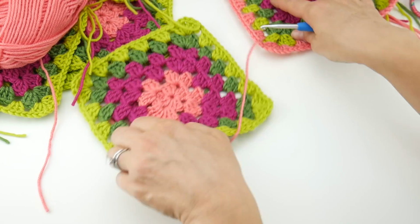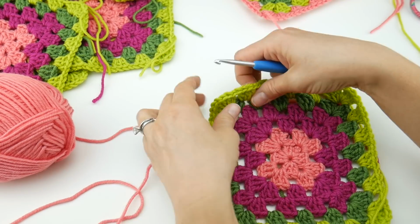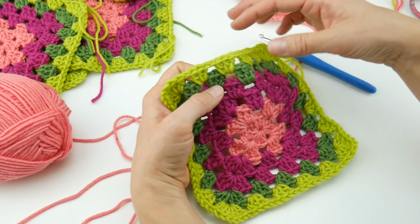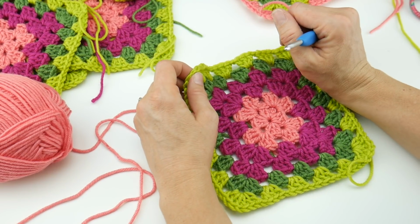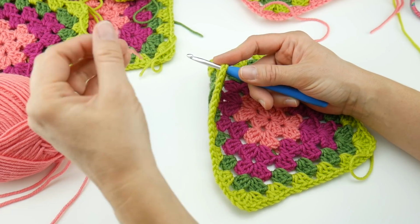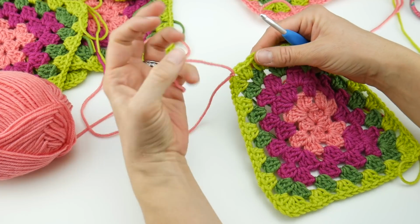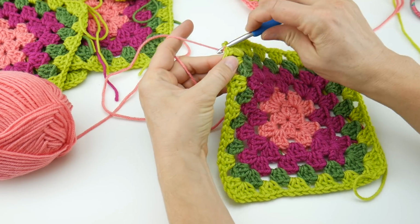Put this one aside and grab the Mai Tai color again. This is a little personal preference of mine: see how we stopped here and the end is here? Instead of tying it into there, which will create a little bit of bulk, just pick a different corner. If you don't mind that, that's fine too. Okay, let's get ready to join. We're going to tie the new yarn on, same thing we've been doing, nothing different about this part. Now go ahead and reach in that corner space,